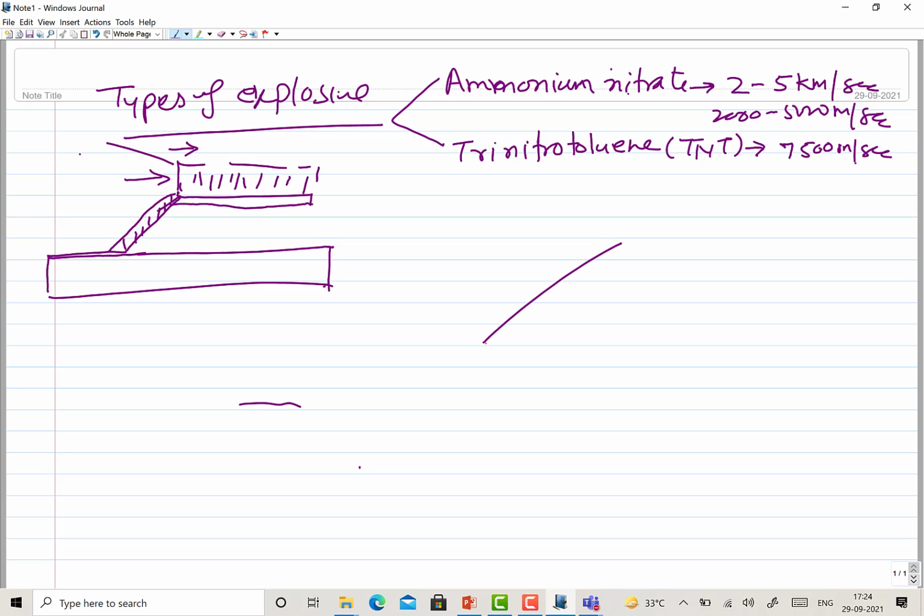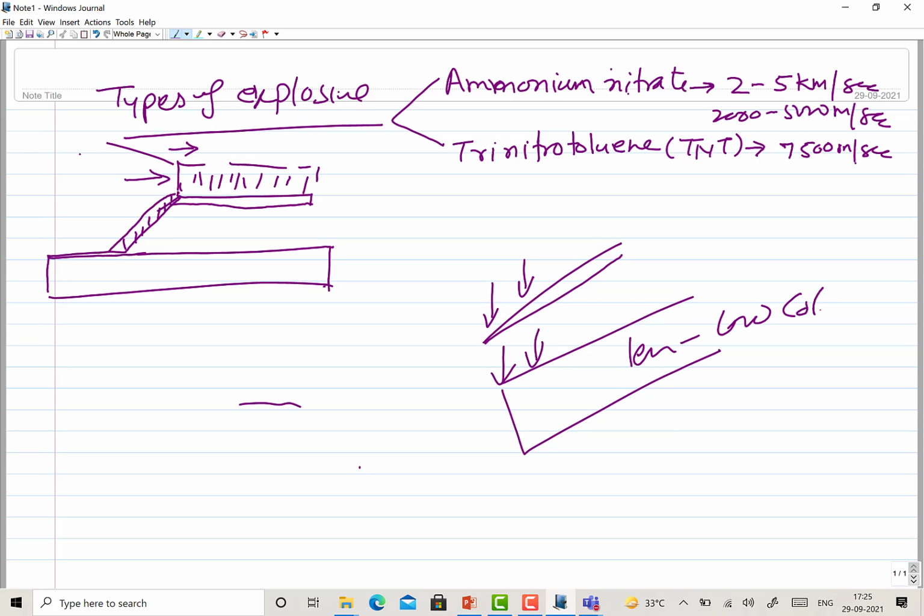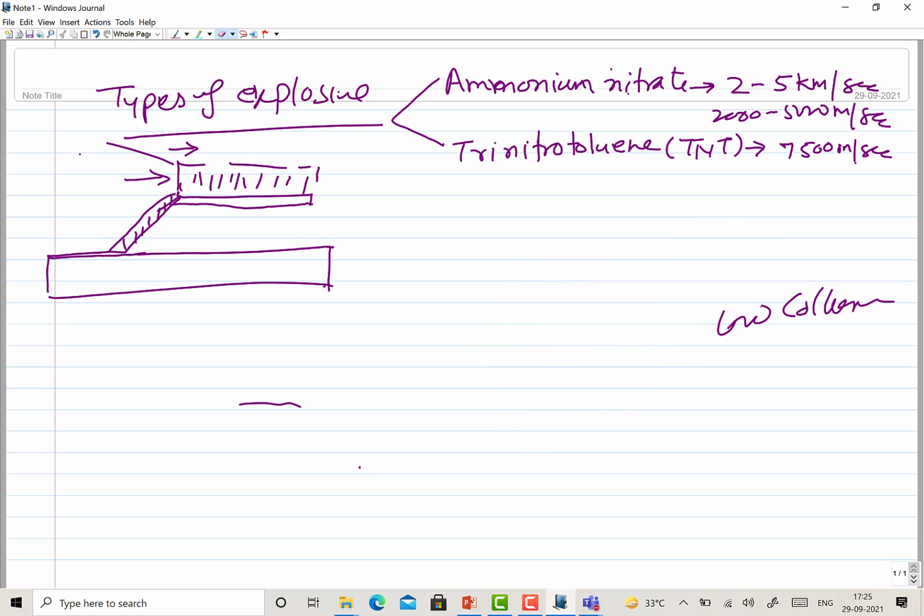So something very thin will bend very fast compared to a thick section. Under the pressure of the explosion, the thick one will bend less, leading to a low collision angle, and here it will lead to a high collision angle. The same is true for the amount of explosive, and the section thickness, yield strength and ductility of the prime or flyer plate being considered. So this is one aspect.